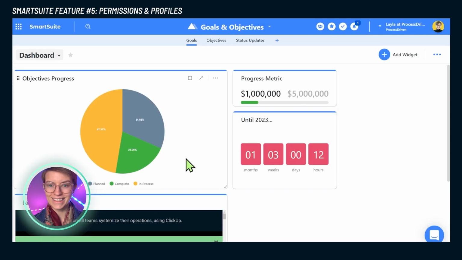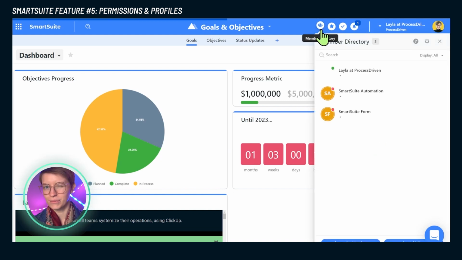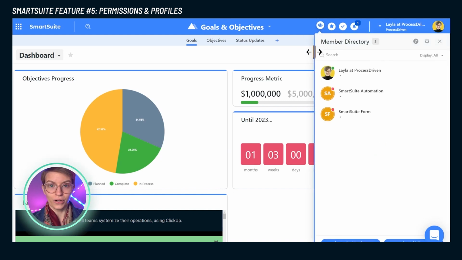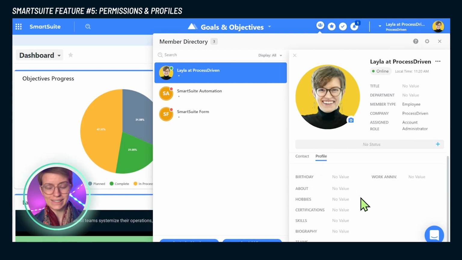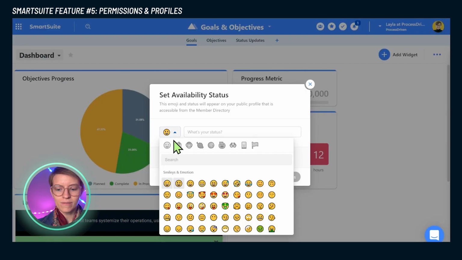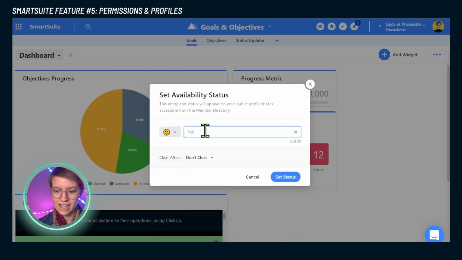The fifth feature I want to highlight that stands out for SmartSuite is the permissions and profiles features that are built in. I'm going to talk about this just briefly because we talk about this more up here at the top. But if we go inside the member directory up at the top of the page, SmartSuite has pre-built this kind of like online offline system similar to what you might see in something like Slack, where each person can go into their profile, show whether or not they're online, add information about themselves, including things like their preferences, their hobbies, their certificates,